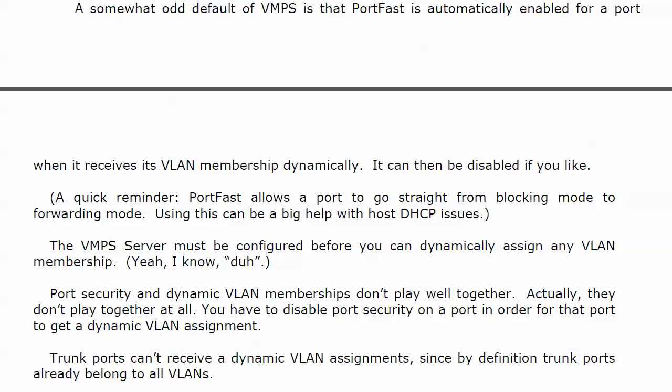Now, port security, we have not used that in this course yet, and we're certainly going to. You likely, hopefully, remember from your CCNA studies, port security is basically using the source MAC address of incoming frames on a port as a kind of password. Well, it's a great feature, but if you're using port security on a port, that port can't use a dynamic VLAN membership. It's got to be statically set. You would actually have to disable port security on that port